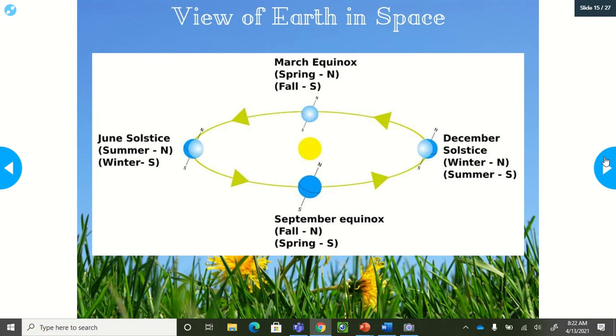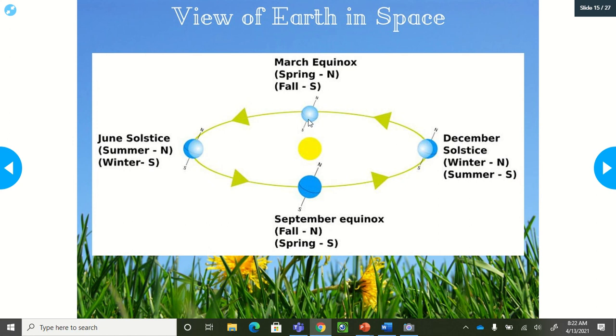All right, another thing that you need to know, need to have. Yep, him right there. Tell him hi. Hey, friend, what's up? All right, this is a view of Earth in space. So the big yellow ball in the middle, that of course is not the moon. Nope, that is not Jupiter either. That is the sun. And the other small little blue balls around it, those would be the Earth. That is not water droplets. No, absolutely not. So here in the middle, we got the big old sun, and we're going to start here